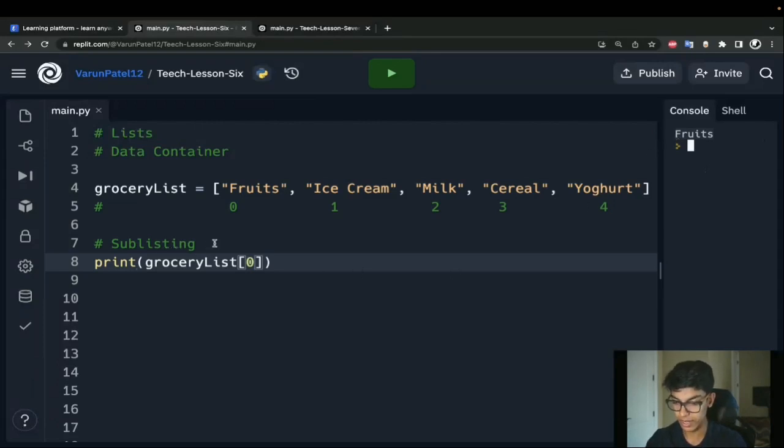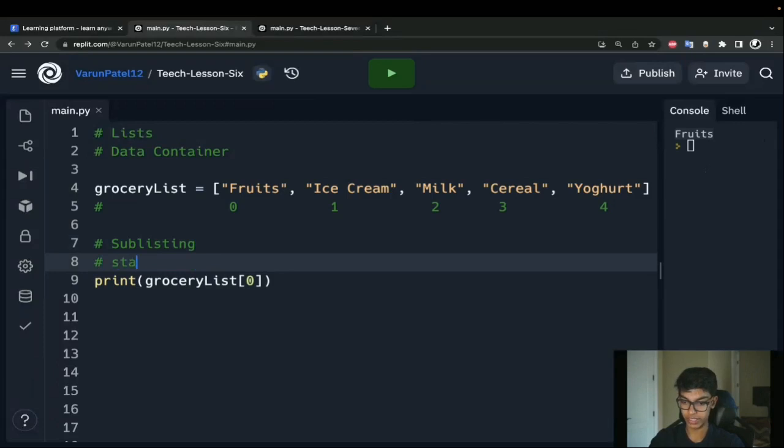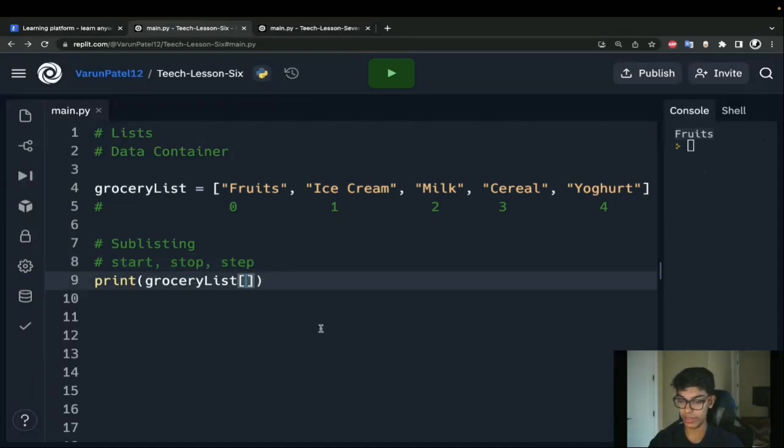Sublisting works very similar to our range function in the idea that you have to give it a start, a stop, and a step. How can I mimic our range function? Again, it's all going to be contained within these brackets. And you'll remember with our range function, I could separate my start, my stop, my step with commas.